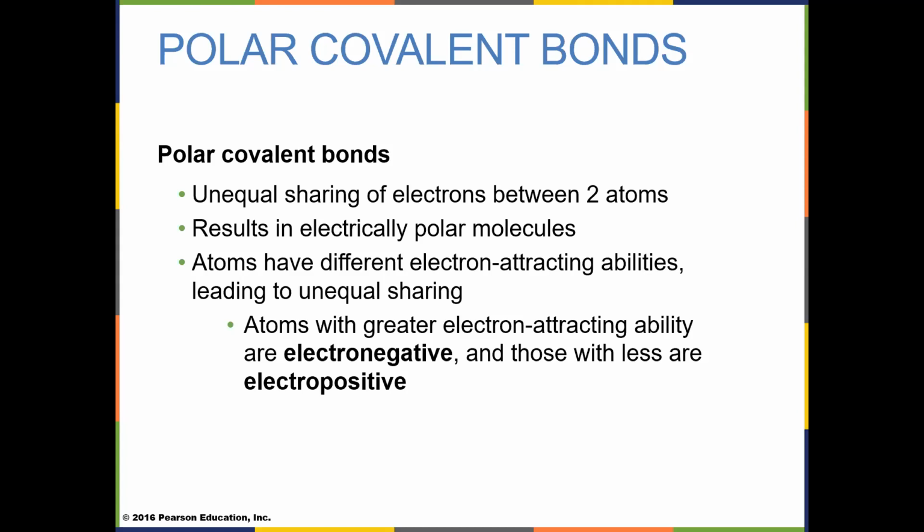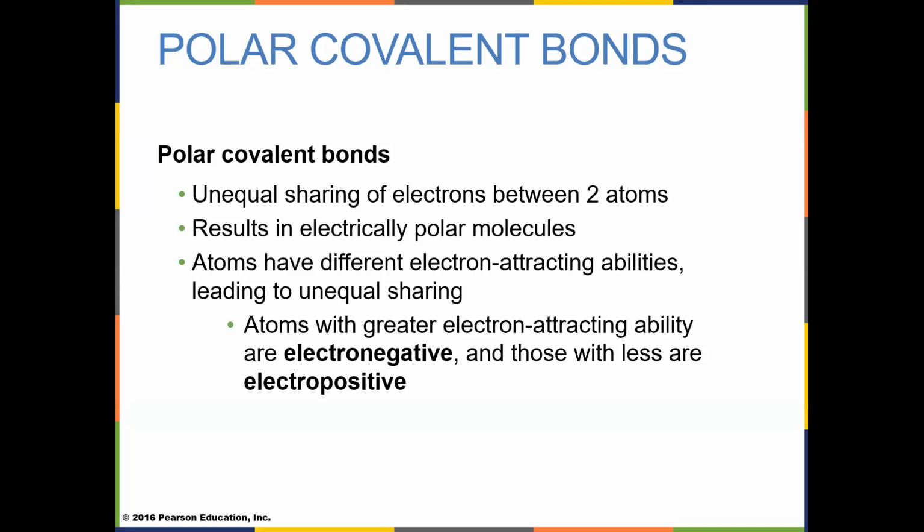If you have a strong attraction to electrons, you're electronegative. Atoms with lots of protons in their nucleus will attract electrons. They're electronegative. Atoms with fewer protons in the nucleus are electropositive because they will draw fewer electrons. Because even though the size doesn't matter in the atom with electrons and protons, the charge does.